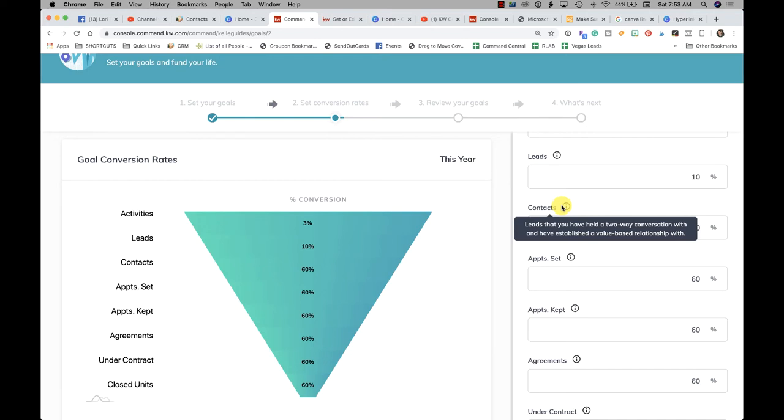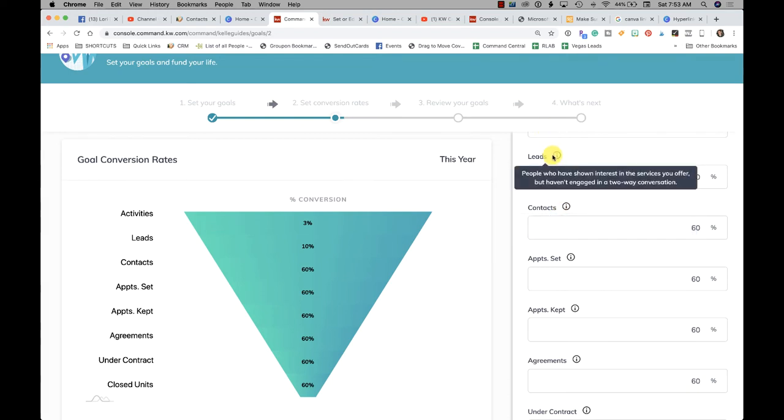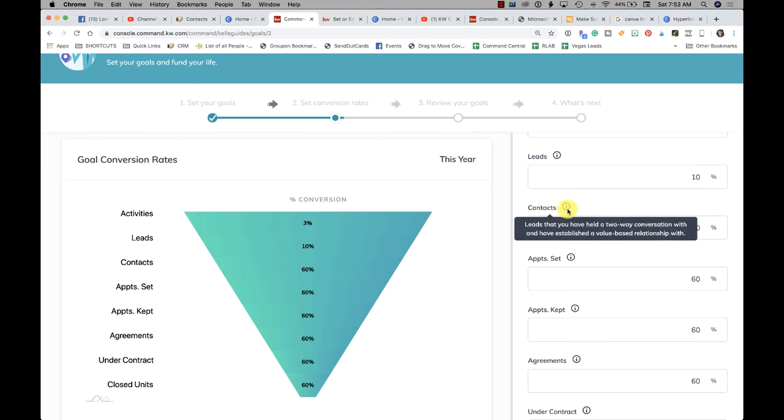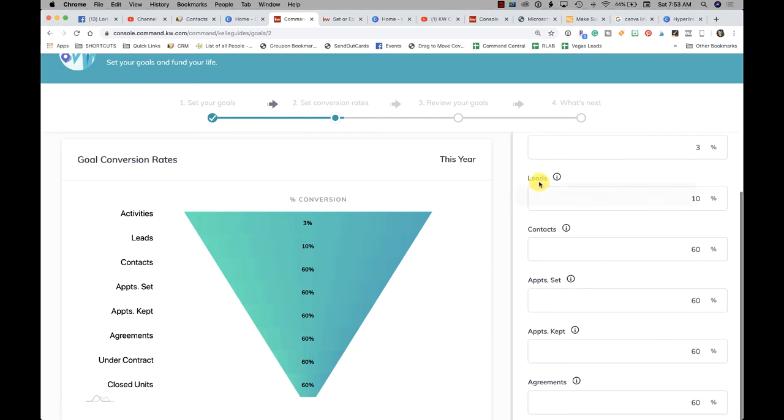So it's kind of like the difference between captured and connected. So look at leads as captured and contacts as connected. I'd like to see those little lines show up here, because that, I think, is a better way to define that. Okay, so what it's saying now is, out of all of the leads you generate,